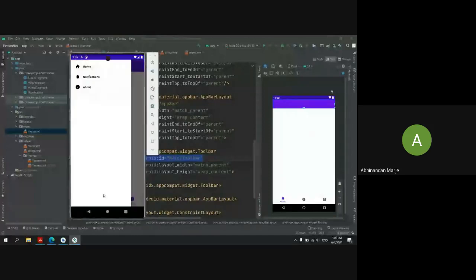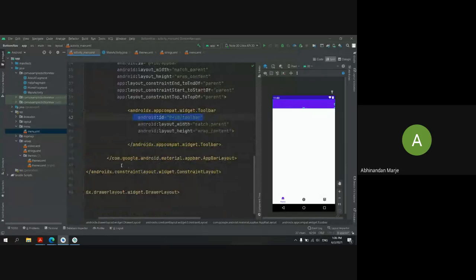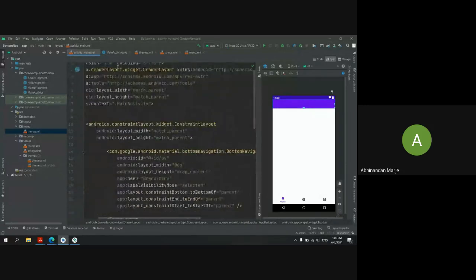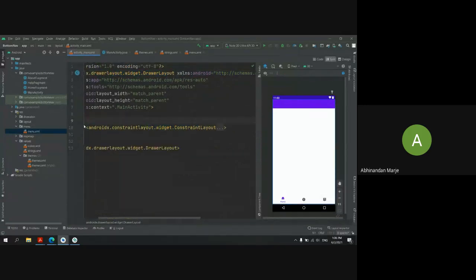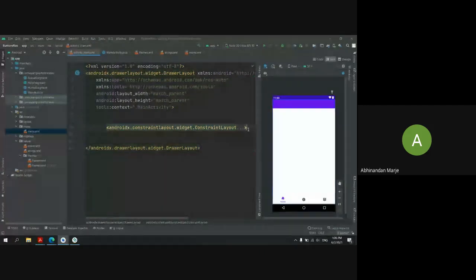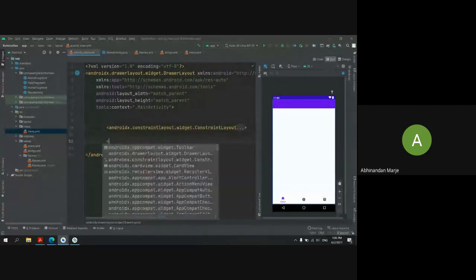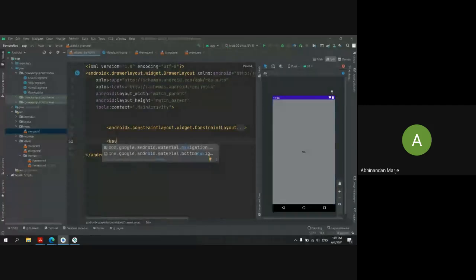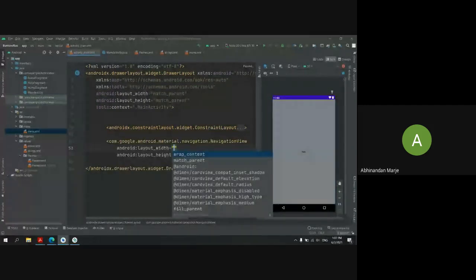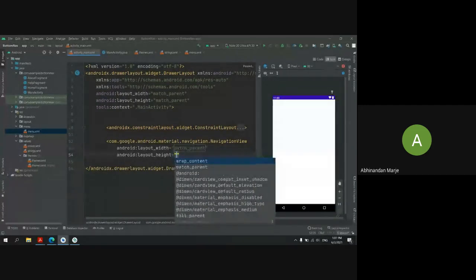For this layout, we first need to get back to our drawer layout. We can't mention that layout in our constraint layout, so I will close my constraint layout here. And after my constraint layout is closed, in my drawer layout I will add a navigation view, match parent and match parent, right?